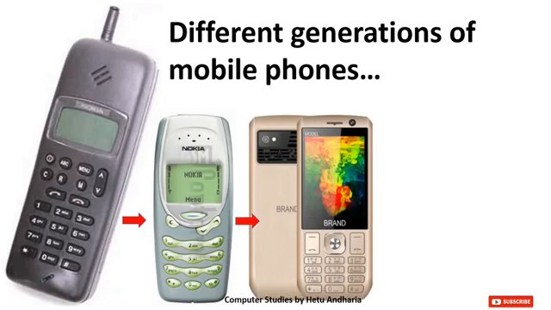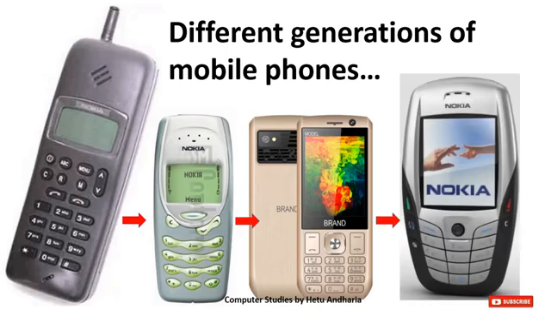These few more features were added, and that was this type of phone. Then after a few years featured phone came into existence. What is the meaning of featured phones? See, the first two phones were black and white. Why they were black and white? Because there was no image to be displayed, there was no camera at all, right? While this featured phone had some features such as music player and camera. These were the new features which were added in the featured phone.